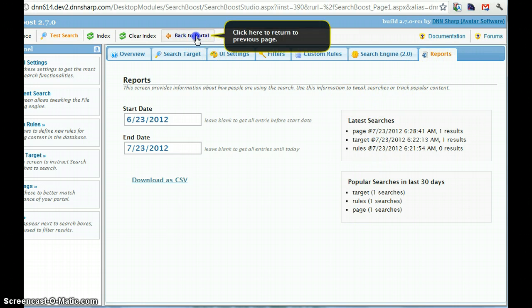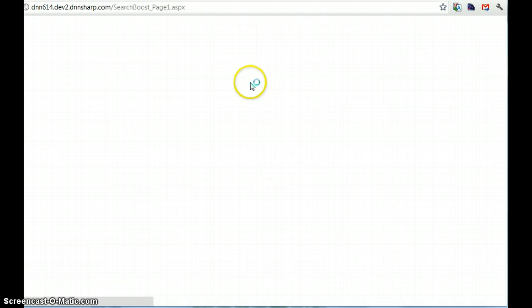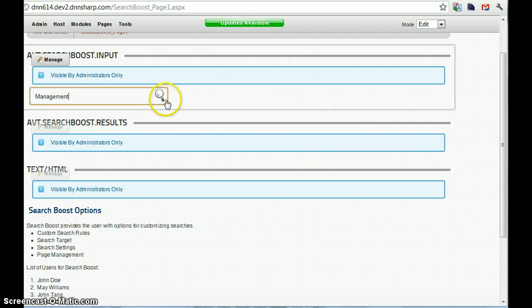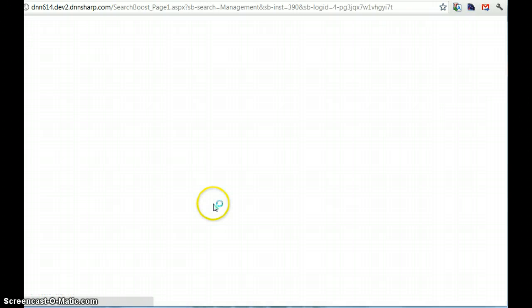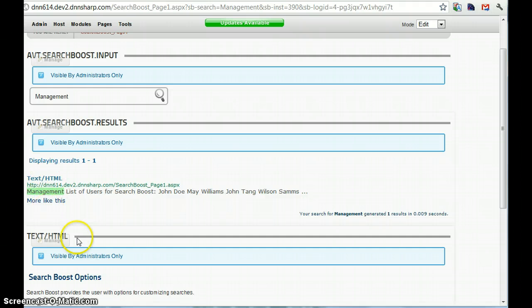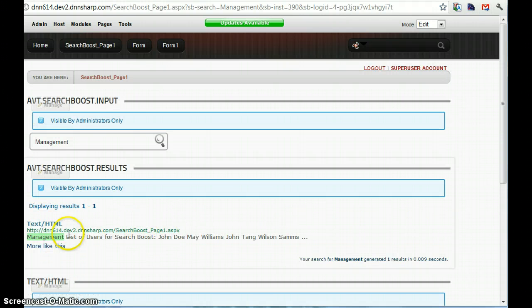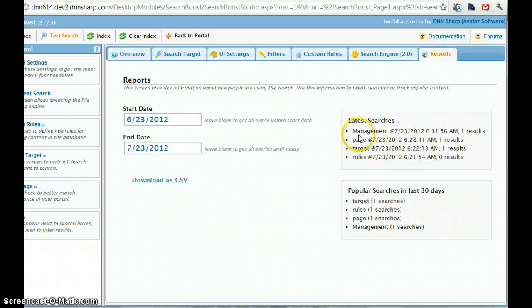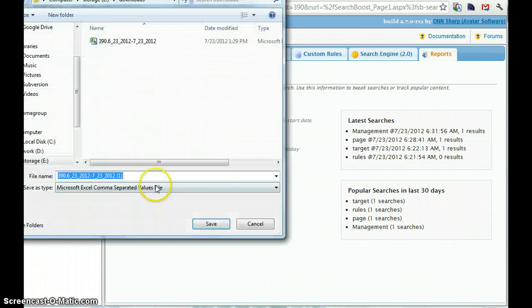So, going back to the main site, I'll do a new search. I will search for management, which should bring me up one result. And now if I go back to search settings, I will see a new search for the management. And if I download the CSV report,